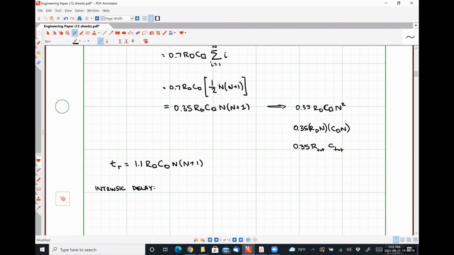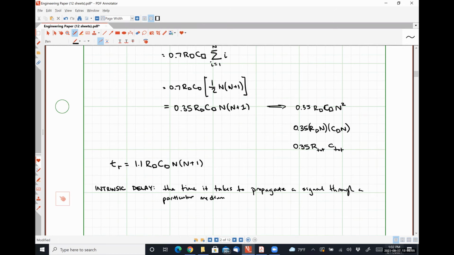So the intrinsic delay is the time it takes to propagate, I might be misspelling propagate. I can never remember if it's an A or an O in the middle. Time it takes to propagate a signal through a particular